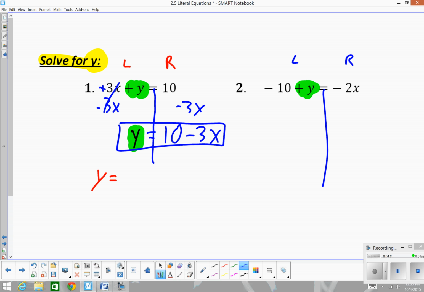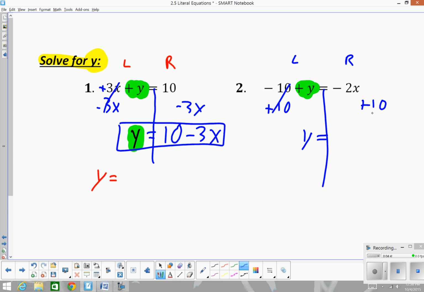Good. The only other thing that's over here is that 10, negative 10 rather. So how am I going to move that negative 10 to the right side? I'm going to move that negative 10 by adding 10 to both sides. Okay, cool. Negative 10 plus 10 cancels out to be 0, and I'm left with y equals negative 2x